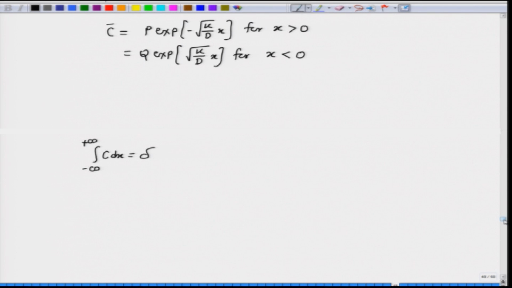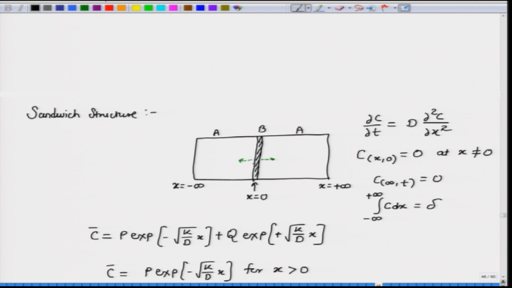If we look at our system, on both sides we have pure A and the diffusivity is constant, it is a unidirectional diffusion, which means the solution will be symmetric about x equal to 0, right. That means at any given instant,